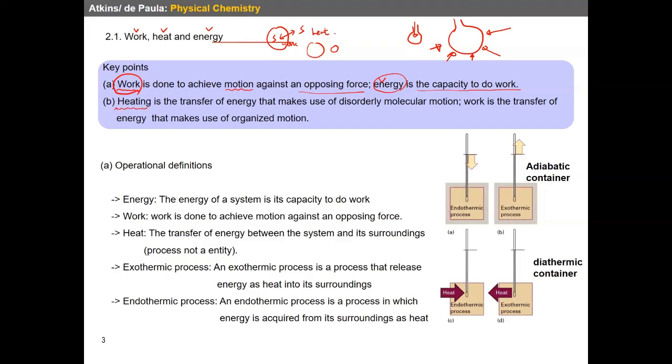The second point for this subject is heating. Heating is a transfer of energy that makes use of disorderly molecular motion. And work is the transfer of energy that makes use of organized motion. What does this mean? We'll talk about it in more detail later, but simply, if there is a system and it has molecules inside of it,